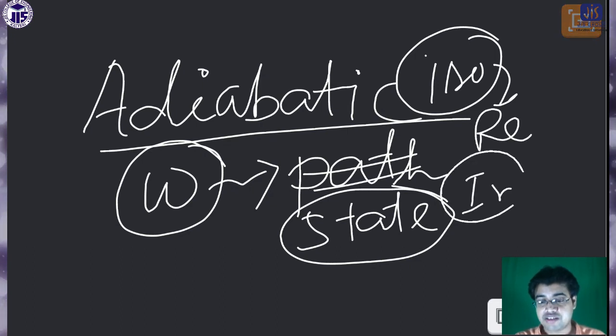So that indicates that it depends on the pathway, because if it does not depend on the pathway, their expression will remain the same. Their expression will not be changed. For each and every case the value will be the same. If it is a path function, then only their expression will be changed. So that's why work is a path function, not a state function. But only in the case of adiabatic work, it will be a state function. Keep in mind. Okay, now come to the next topic.